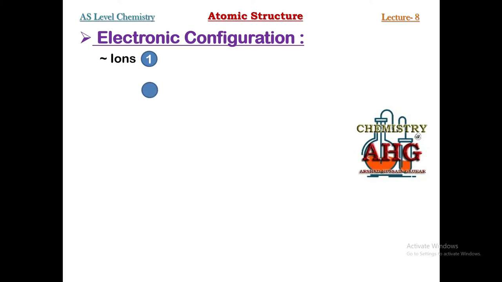One type of ions are known as positive ions and the other type are known as negative ions. Positive ions are formed by the loss of electrons, by oxidation. Why is a positive ion formed? Because the number of electrons becomes less than the number of protons. Negative ions are formed by the gain of electrons, by reduction. Why do they get a negative charge? Because the number of electrons becomes greater than the number of protons.